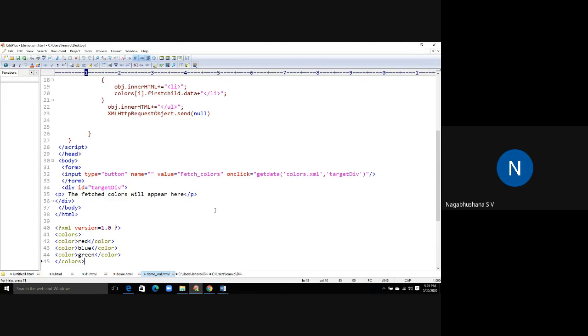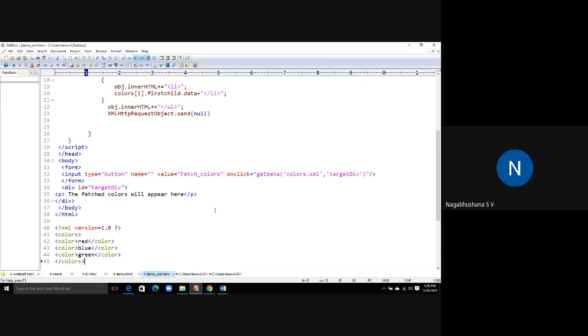So I can define the functionality of colors wherever I am using it in the XML file. Second thing is, when the request is being sent from the client to the server in the Ajax context, there are two categories of responses which can come back as a response to a client. One is your normal text and the other is XML data.